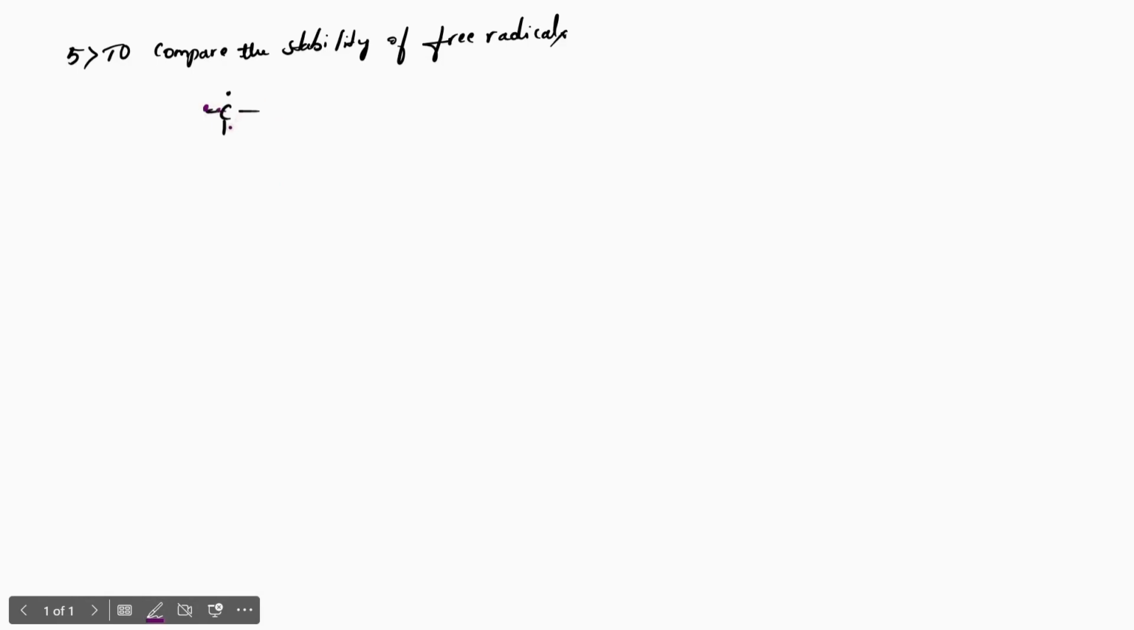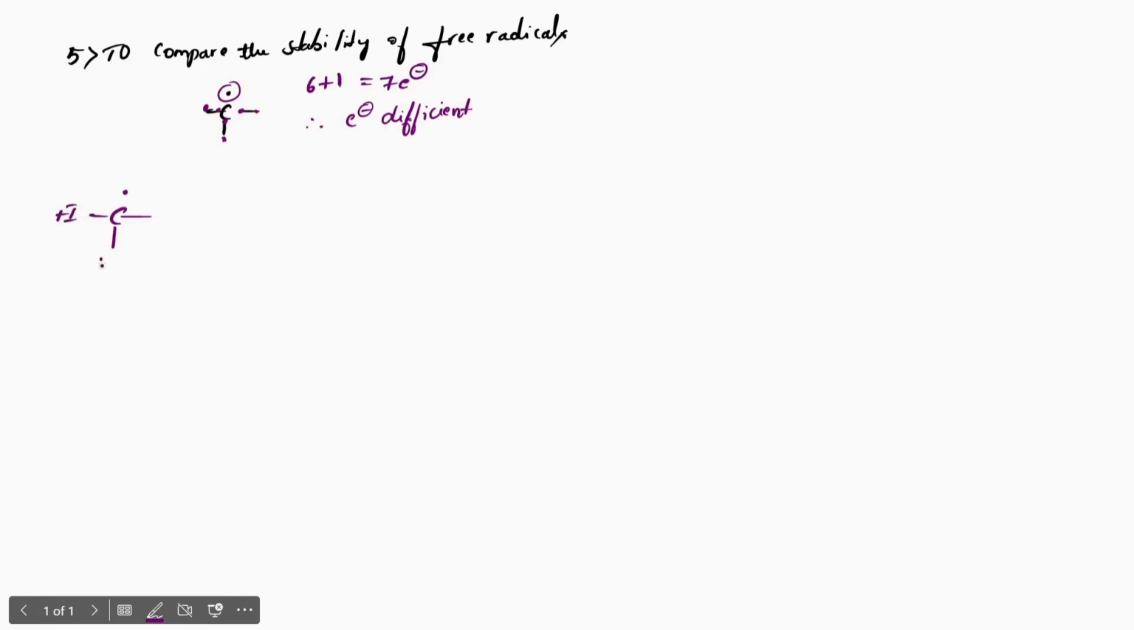1, 2, 3, 4, 5, 6. 6 bonded electrons plus this is a free electron. 1 free electron. 6 plus 1 is equal to a 7 electron species. Shortage of 1 electron to obey octet rule. Therefore, it is an electron deficient species. To this free radical,